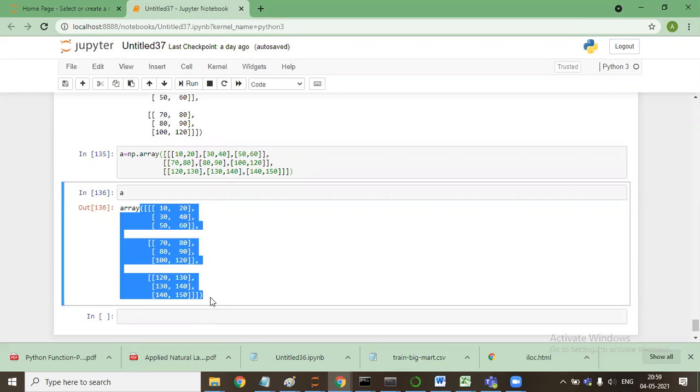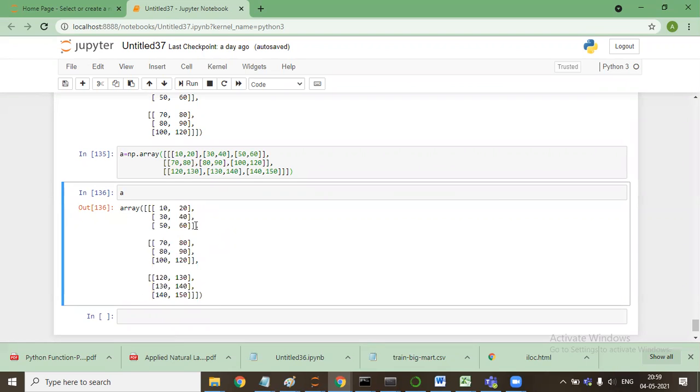So every array that we have, the axis of every array is 3 by 2, 3 rows and 2 columns. So this one, if you see, this axis is 3 rows, 2 columns.